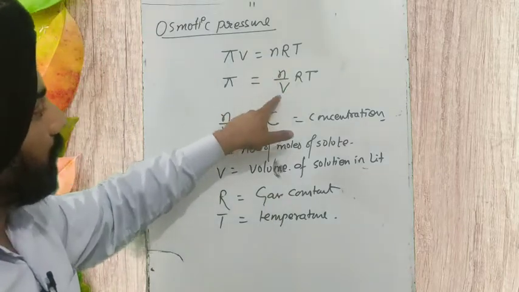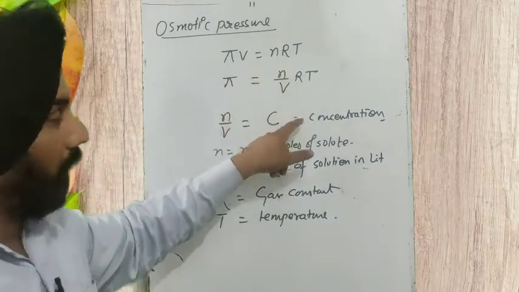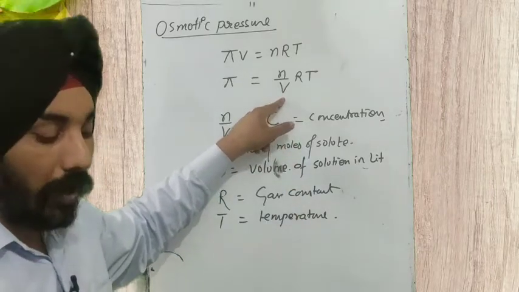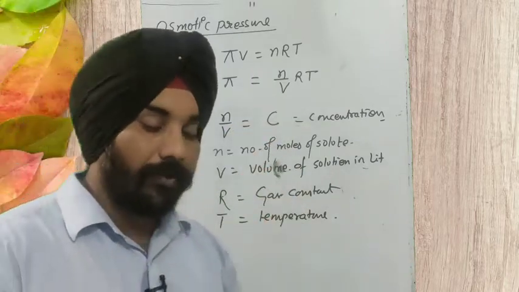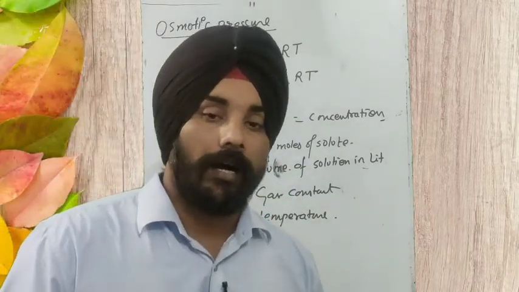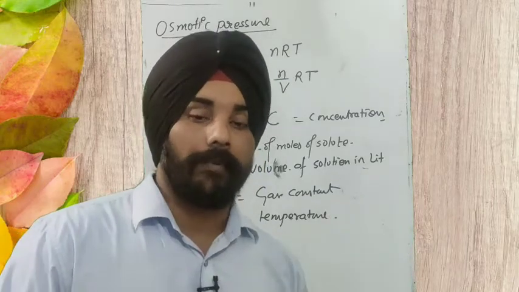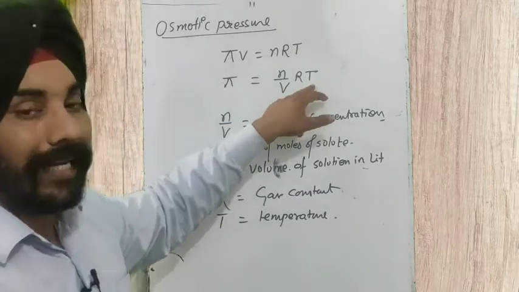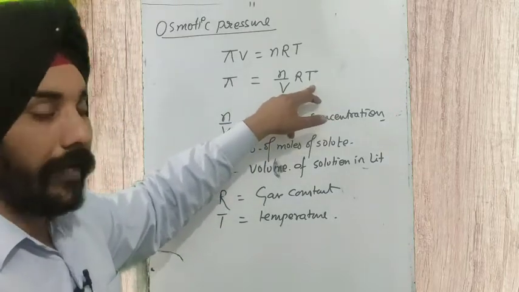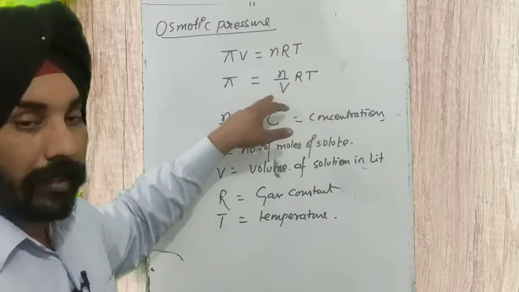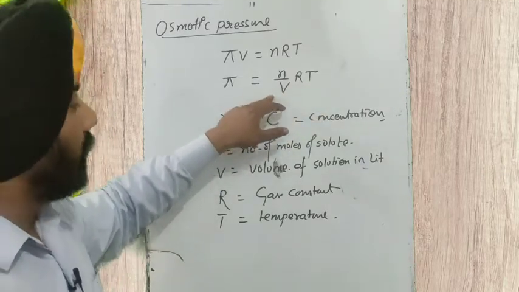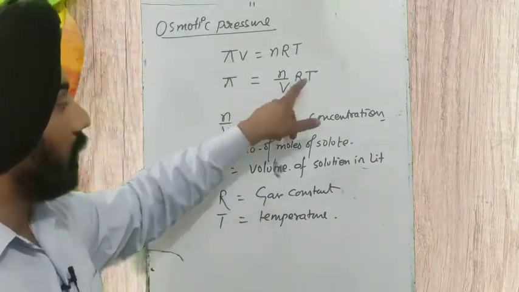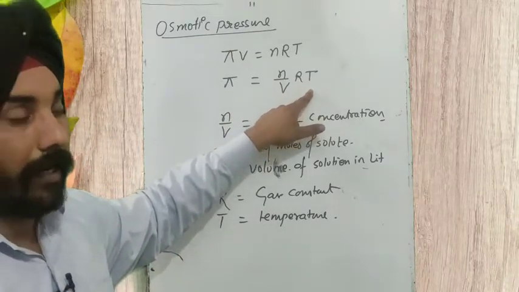Because we are taking concentration into account, and we know very well that when we change the temperature, the concentration is going to change and the volume is going to change. When you increase the temperature, the volume increases. When we decrease the temperature, the volume decreases. Is that clear? So temperature has a lot of effect on the concentration. If we change the temperature, the concentration of the solution is going to change, and then we cannot calculate the osmotic pressure correctly. So the temperature must be constant.